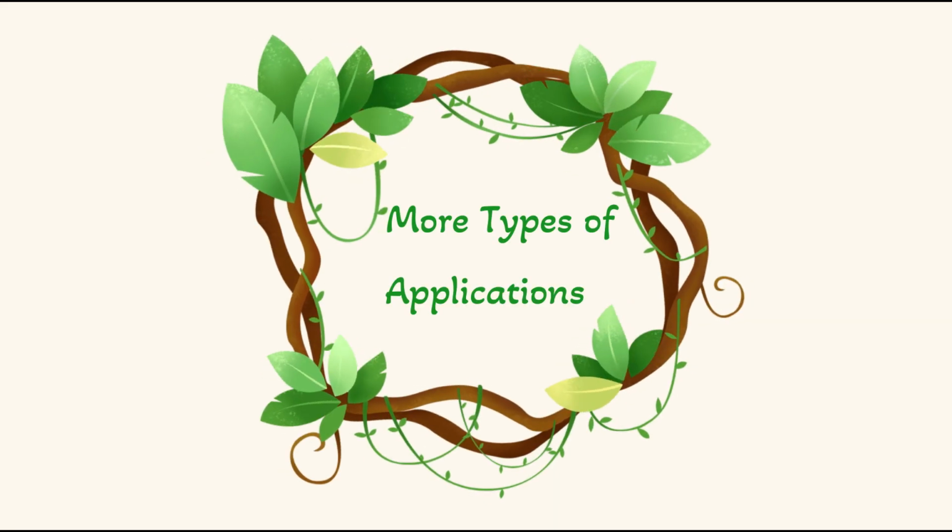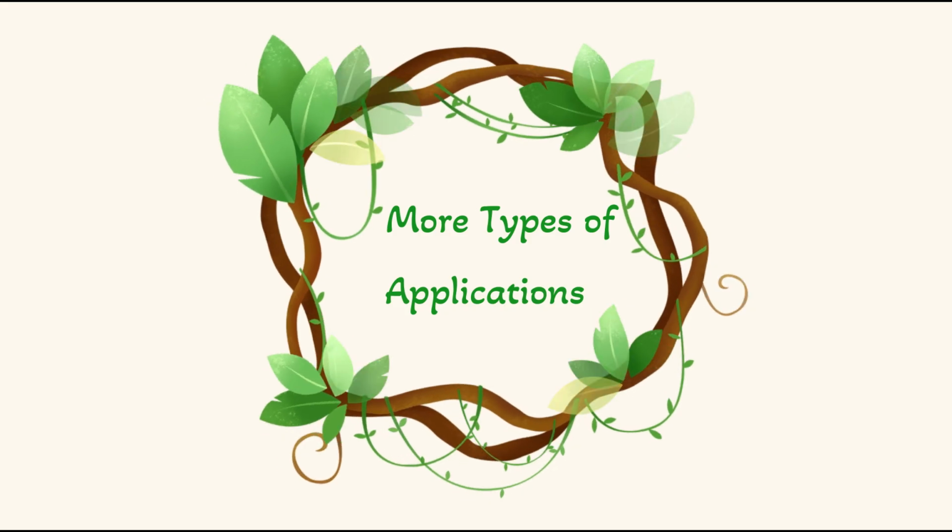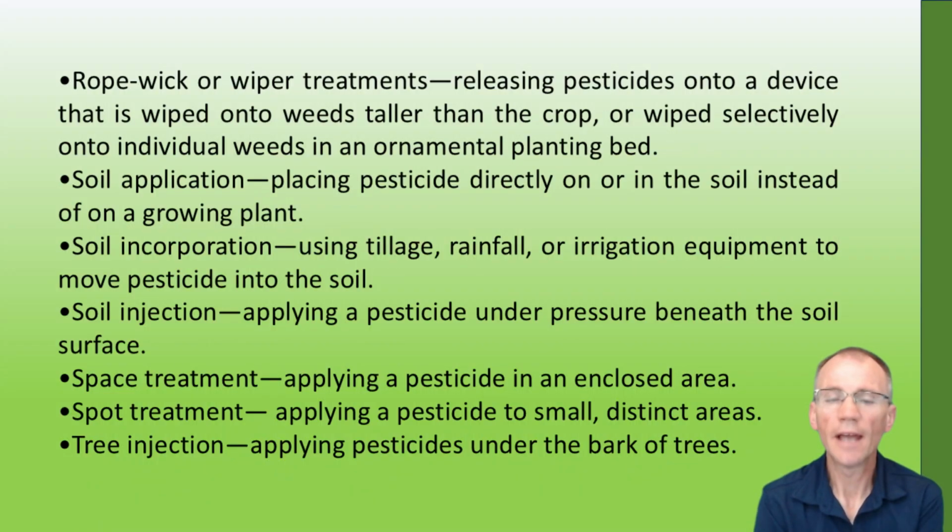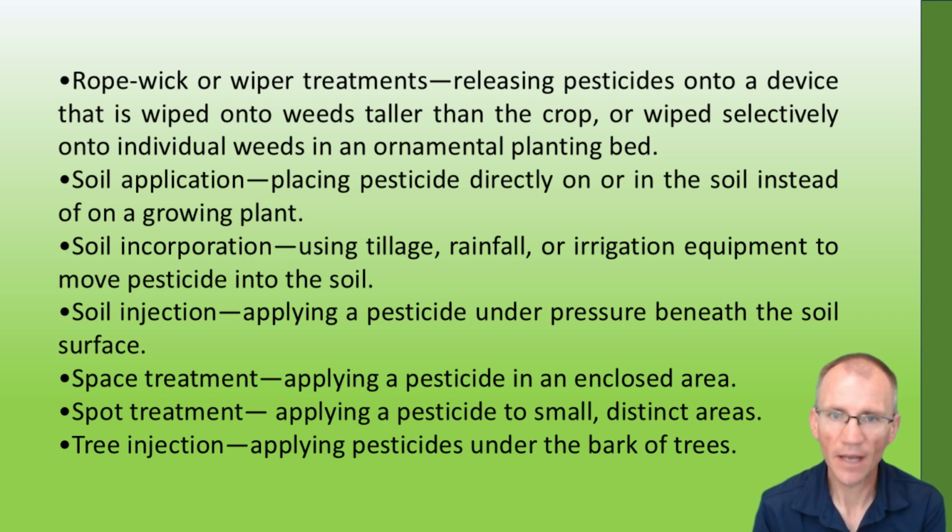Let's look at more types of applications. As we look at more types of applications, we're going to have rope wick or wiper treatments. This is going to be releasing pesticides onto a device that is wiped onto weeds taller than the crop, or wiped selectively onto individual weeds in an ornamental planting bed. Also, we're going to look at soil application, placing pesticide directly on or in the soil instead of on a